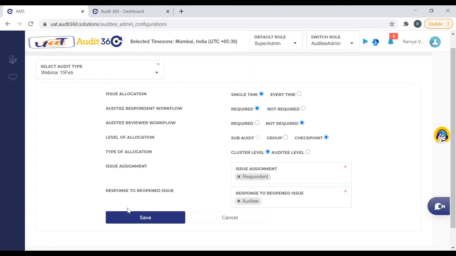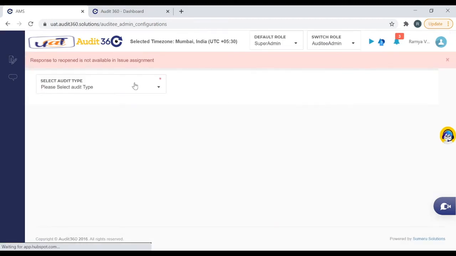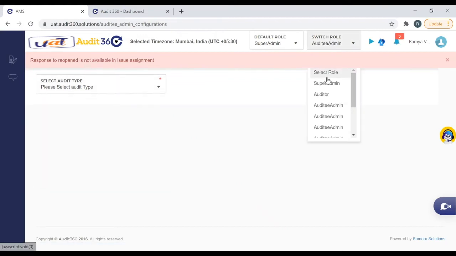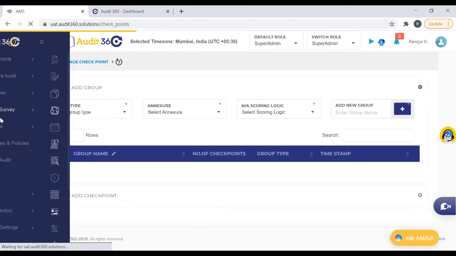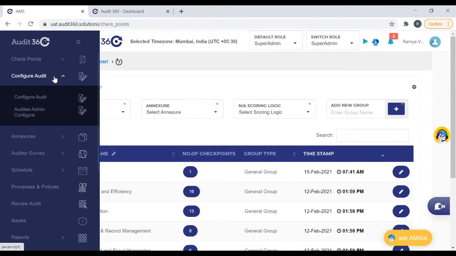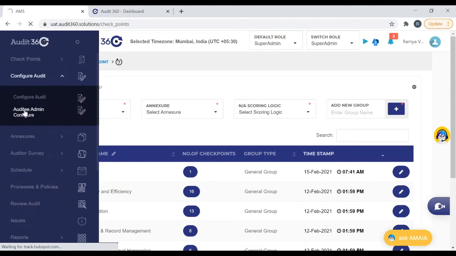So now I am just saving this. Once you come back to super admin, I'll just show this, because I have a role of audit admin there. I will also have this audit admin mentioned here.